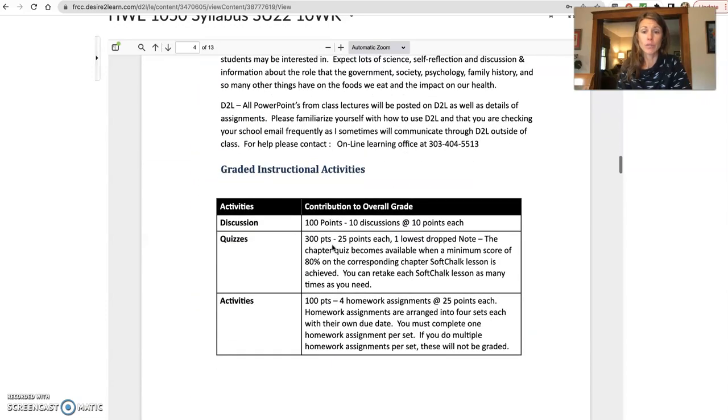This is all Front Range information. Here are our graded instructional activities, which we've gone through with the grade book, but